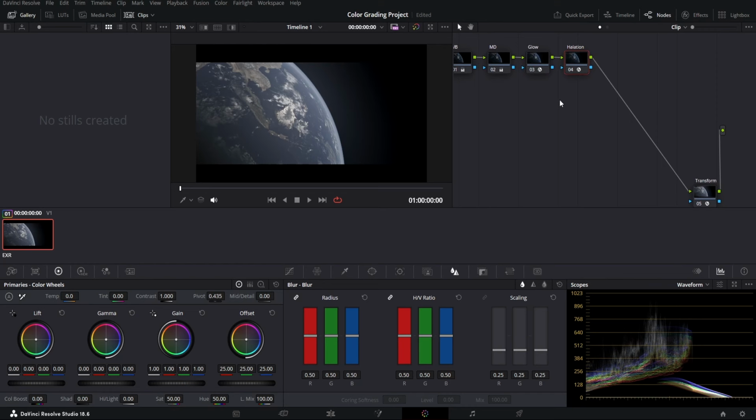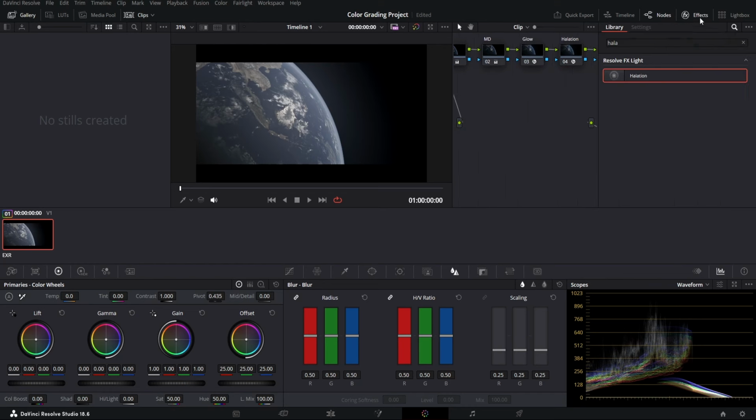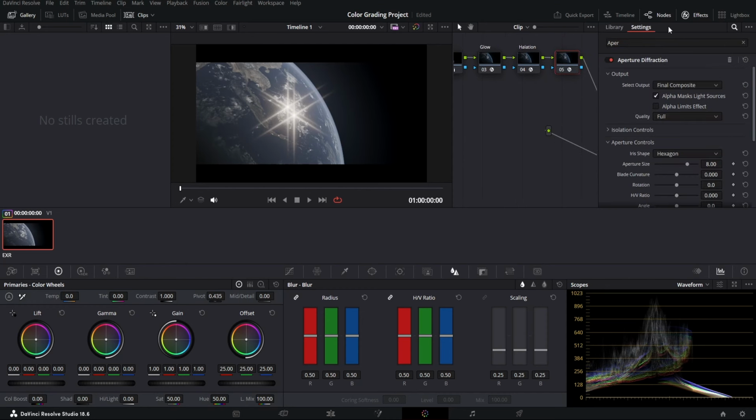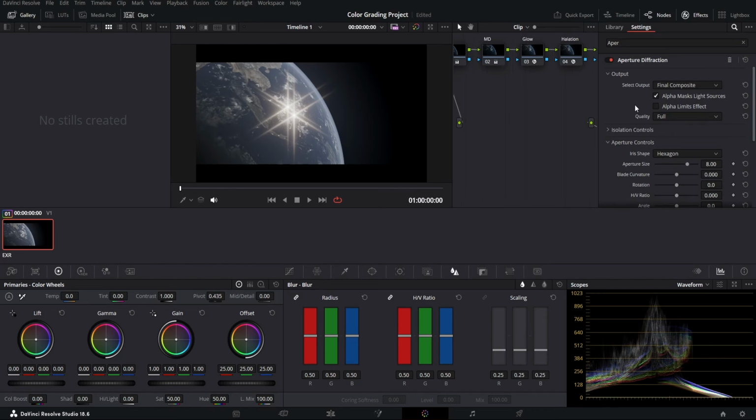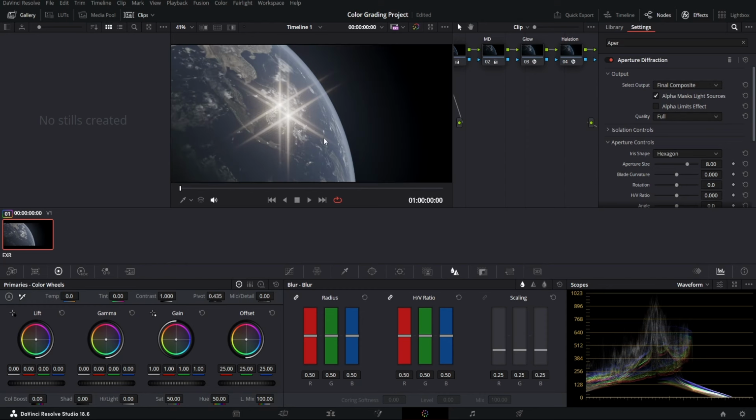Then I'm going to add in another node. And I'm going to add in the aperture diffraction to this. And I think this node doesn't come free with DaVinci Resolve. But as you can see what's already happening, you might not even want this. You're not really missing out if you don't have the paid version,